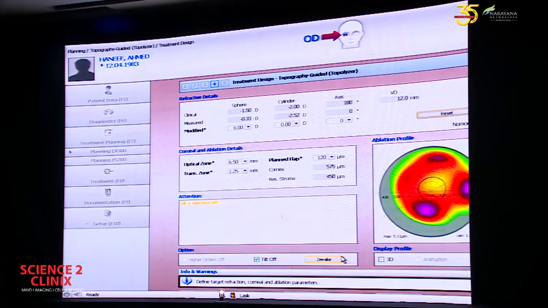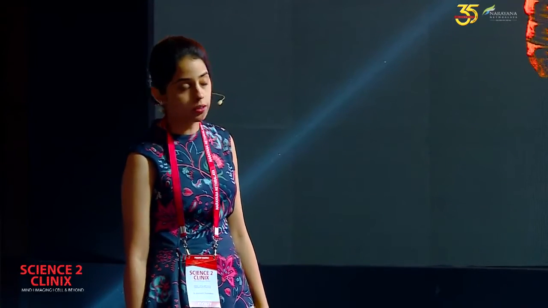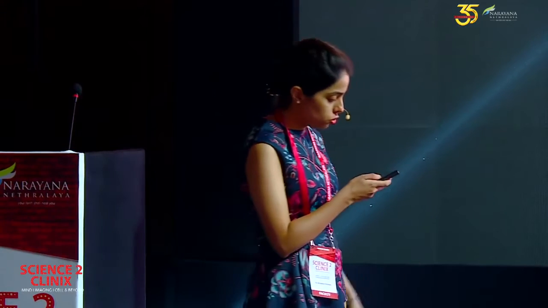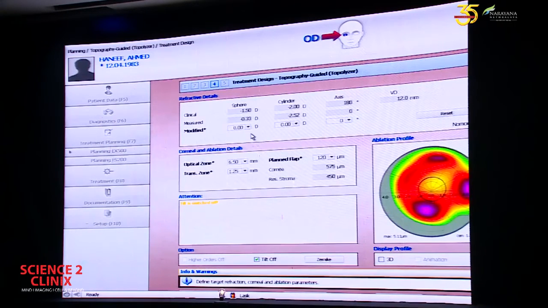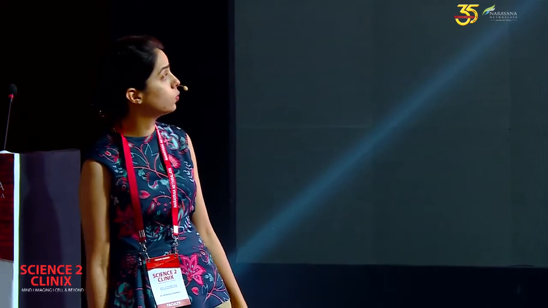So the next step to do would be to compensate for the C4 and the C12. This is important because when we're regularizing the higher order aberrations, it can produce a slight myopic shift, and we need to compensate that by doing a C4, C12 compensation. So when you look at the Zernikes here, on C4, the value is 0, and C12 is around 0.12. So roughly, it's not been published as such, but roughly by experience, if you divide the C12 by around 1.5, you would get the value of C4, which would compensate. It's essentially a trial and error method, but it would approximately be about half of what the C12 value was.